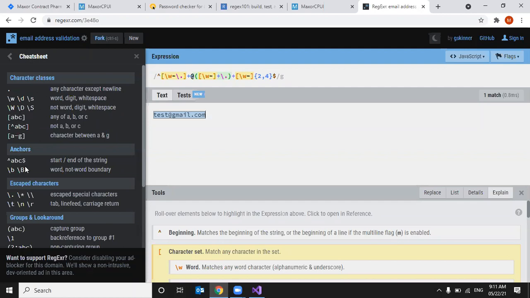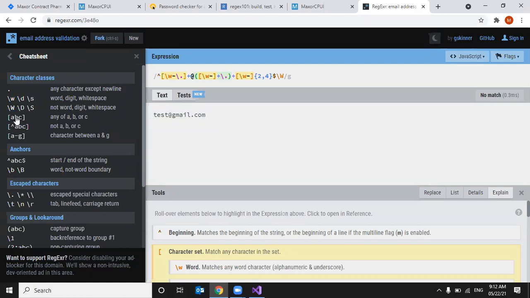These are the characters that are available, like \w, \d, or \s: word, digit, white space. \w represents a word, and capital \W is not a word.